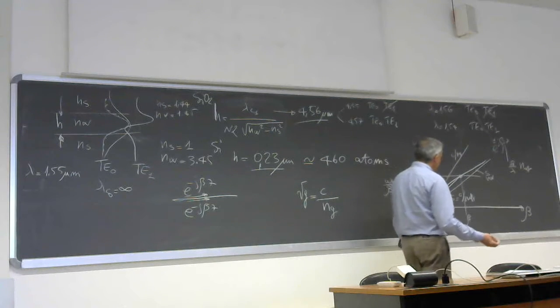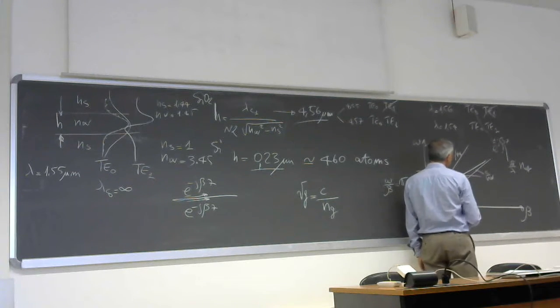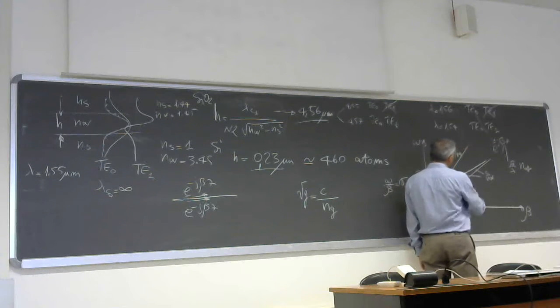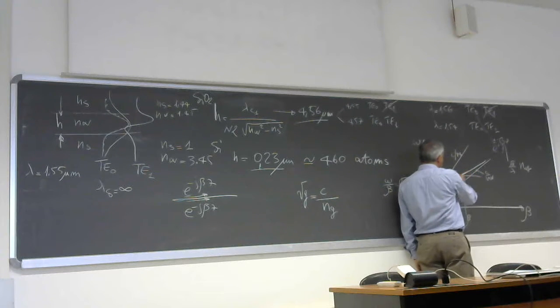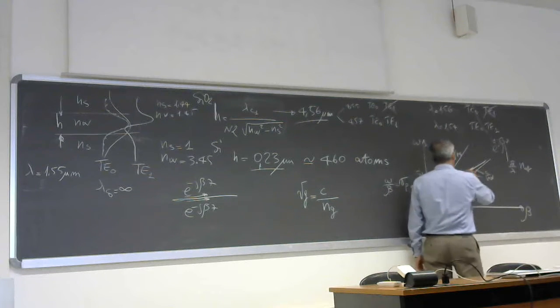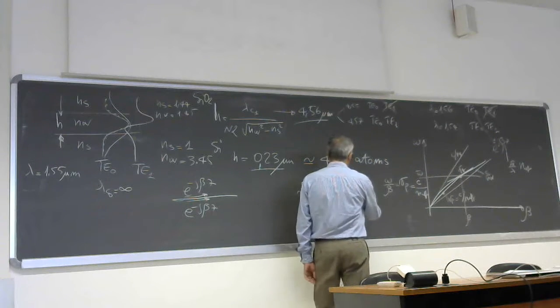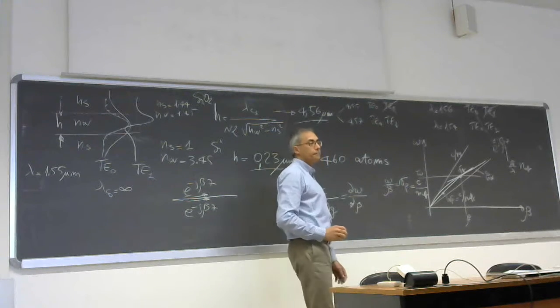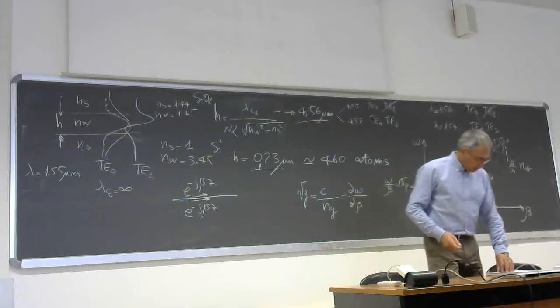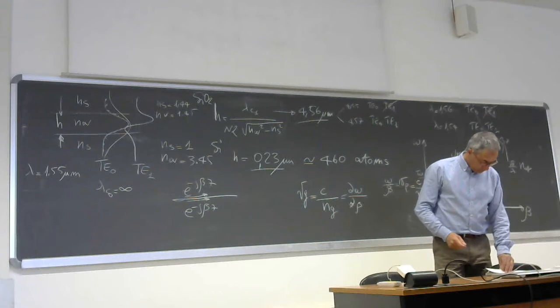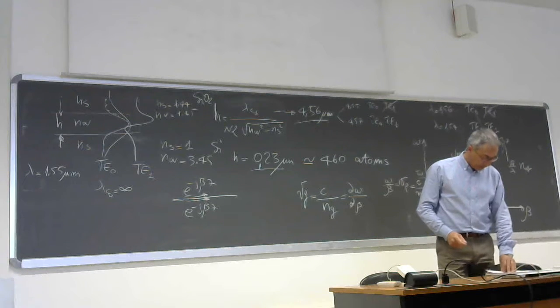Once again, it is a slope on this diagram, the slope of the tangent here. So this is the group velocity, and this is the derivative of omega with respect to beta. And yesterday I gave you the expression of